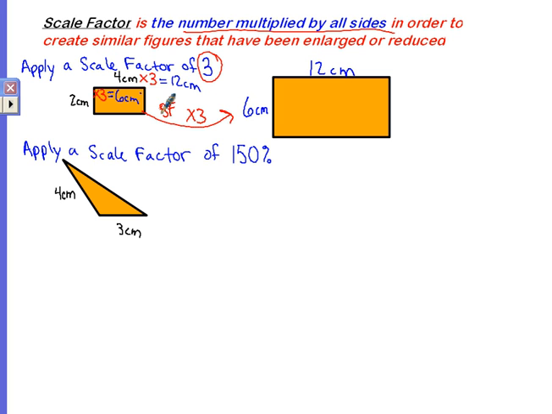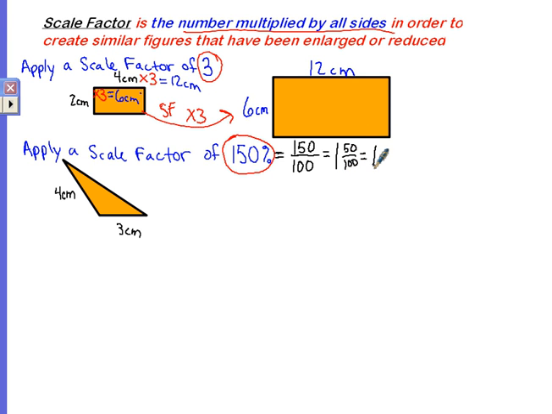If I look at this next one down here, I can see I have a triangle, and this time it gives me the scale factor as a percent, which is something that you do need to be able to work with. When we see a scale factor as a percent, we need to turn it into a decimal or a fraction. Every percent is always compared to 100 because 100% is a whole. And in a fraction, the denominator tells you how many pieces make a whole. So for every percent, it will be out of 100. In this case, it's 150%, so it's 150 out of 100. That's the same as 1 and 50/100ths,